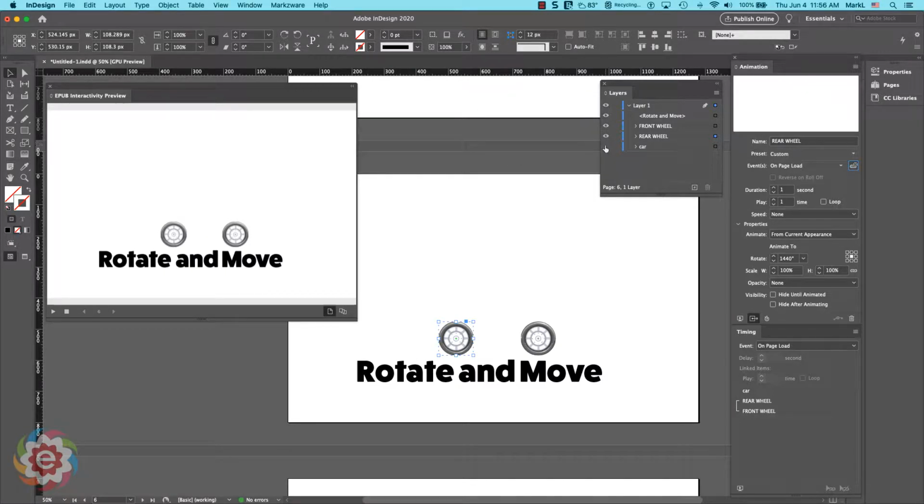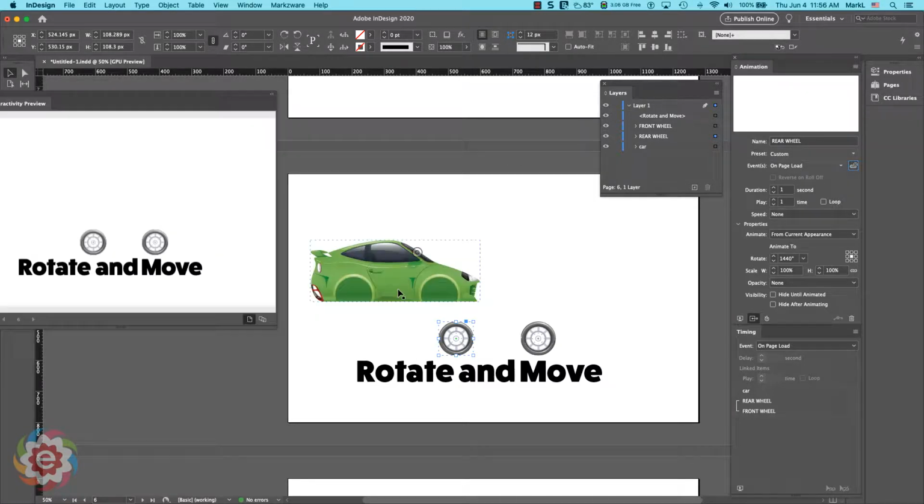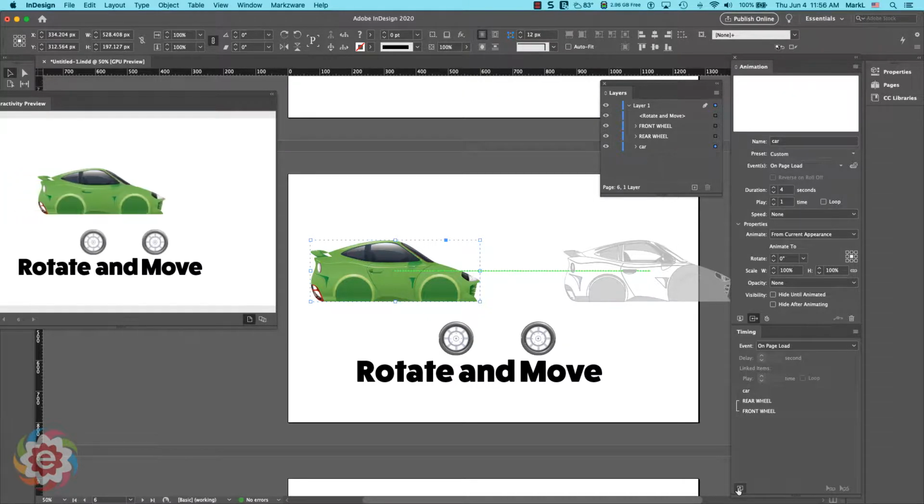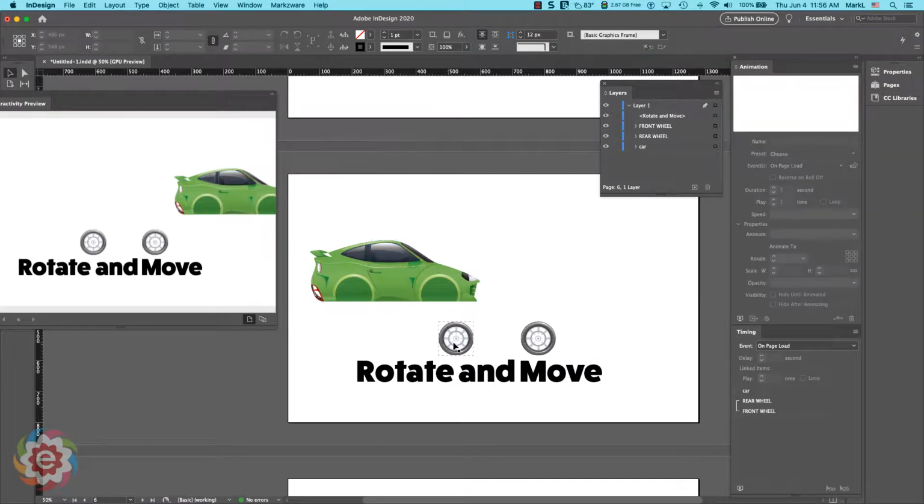Now let's bring back the car. I'm going to go to the layers panel and bring back the car. So I want the car to, oh, I've already got a motion path on. Let's see what this does. Oh, okay. So the motion path for the car has already been applied because you know how to do that. I need to take and probably put these wheels,